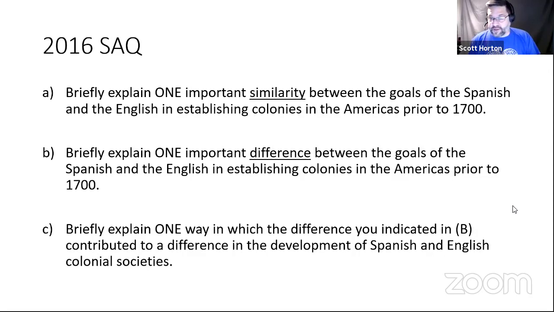Well, both of them are looking to acquire wealth. The Spanish are going to